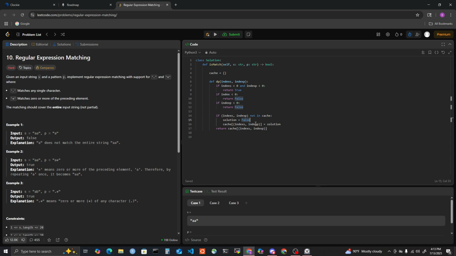So if S of index S equal to P of index P,